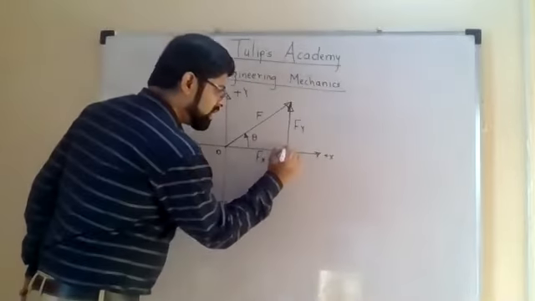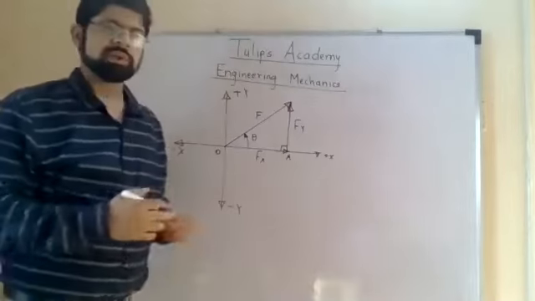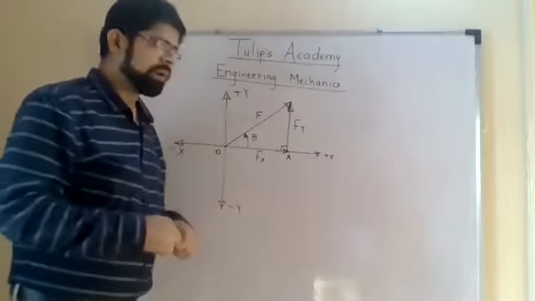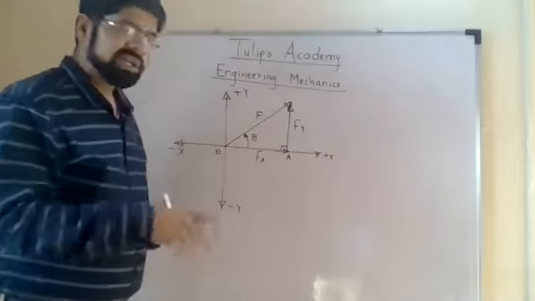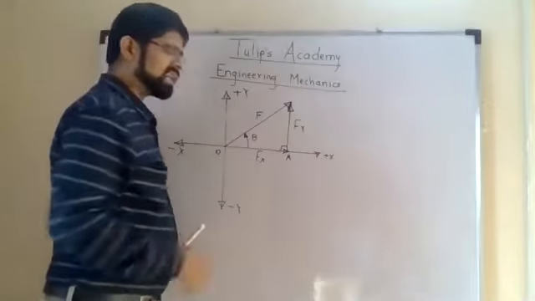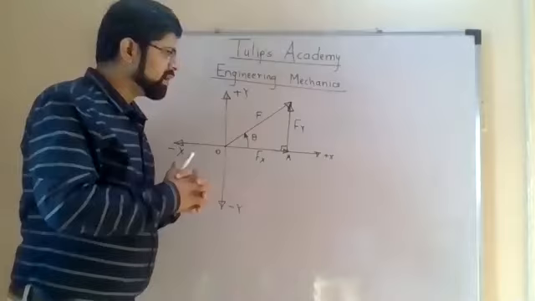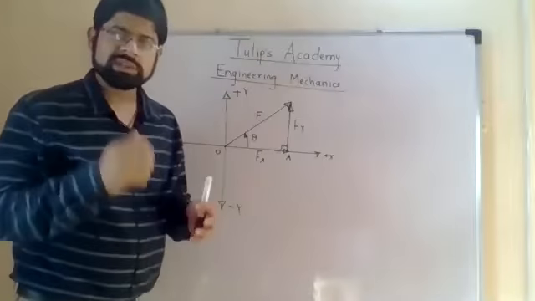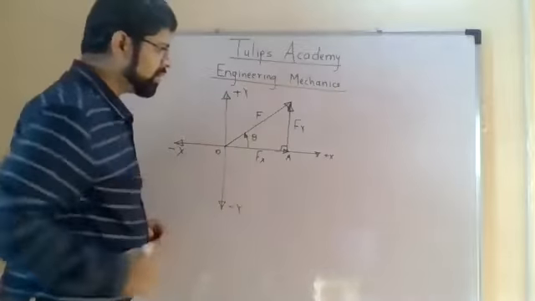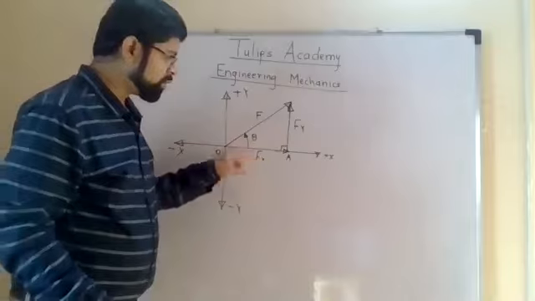And now this right angle triangle is formed because we are dealing with the perpendicular resolution. So obviously the angle between the two components will be 90 degrees. Now our task is to find out the numerical values of Fx and Fy. And for that purpose, we will consider the sine theta and cos theta relationships. So first of all, we will go with cos theta because we have to find out Fx.